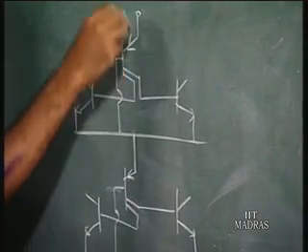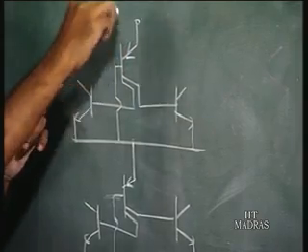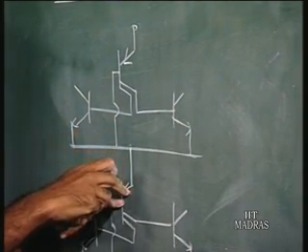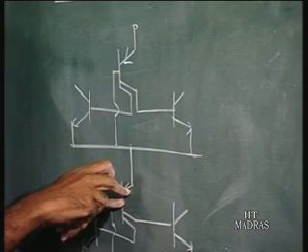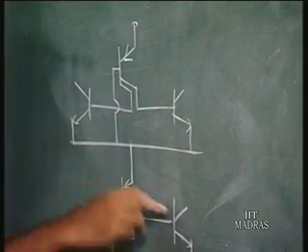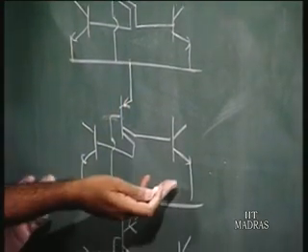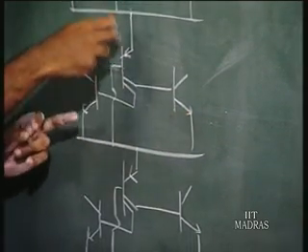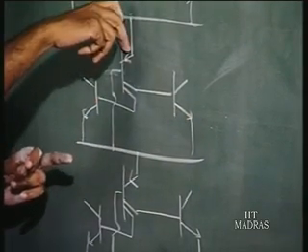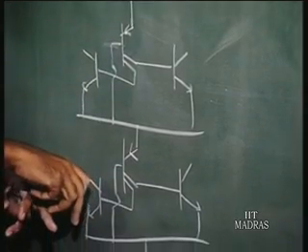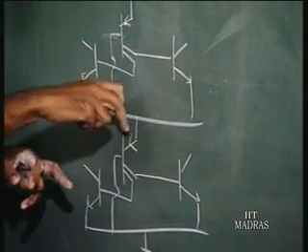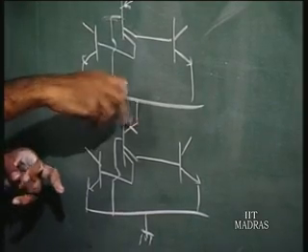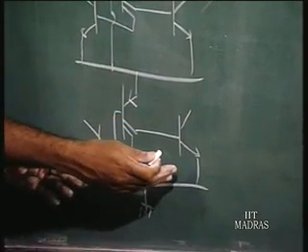So, whatever current flows in this, all the current must flow back again in this way. And again you have another level of I squared L circuitry, and again all the emitter currents must add up. All the currents flowing into this level must flow out of this level, and whatever flows out flows in as injector current here. And again you have another level of circuitry.